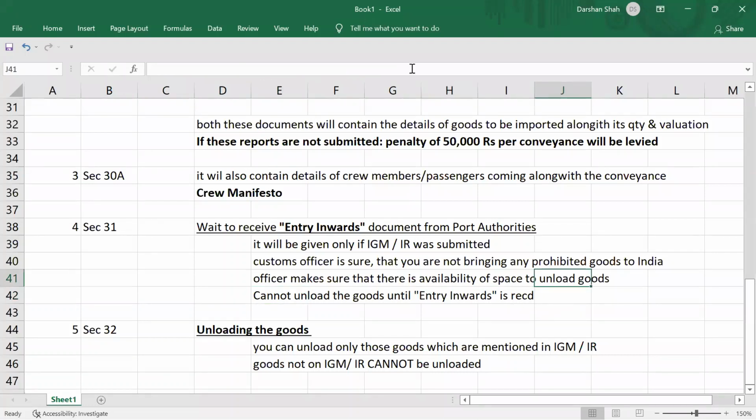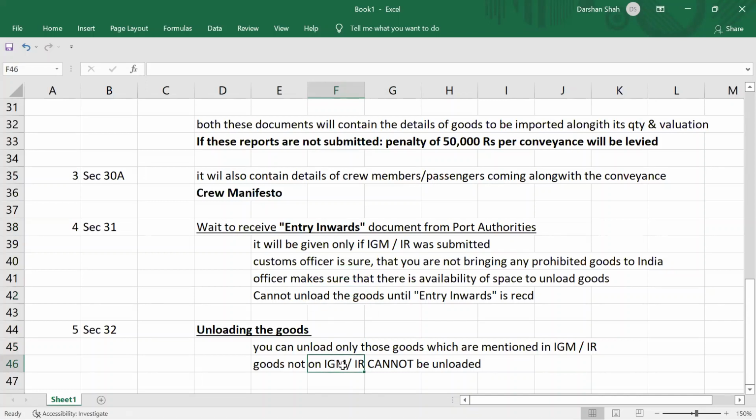Because in case of ships, what happens is that there are a lot of ships coming in for imports and going out for exports, and there is not enough space. There is no availability of docks, right? So in that case, you will have to wait till you get your entry inwards. You'll have to wait till your number comes. You cannot say that we will start unloading the goods and then we'll prepare all the other procedures. You cannot say that, because unless entry inwards is granted, you cannot unload the goods, and you cannot unload